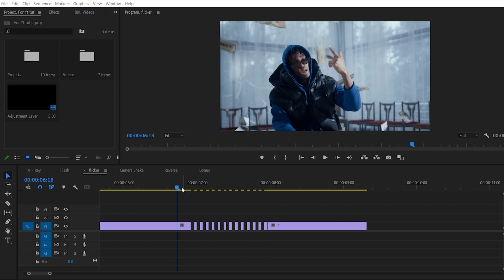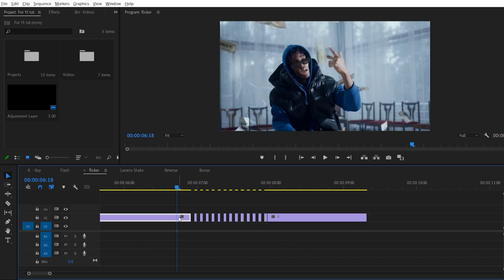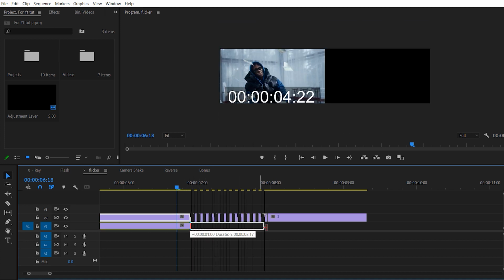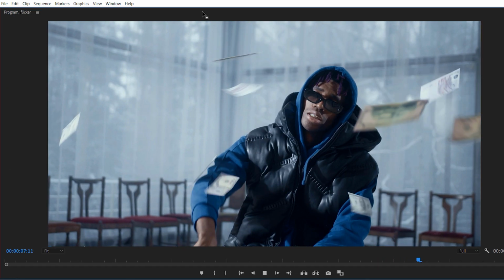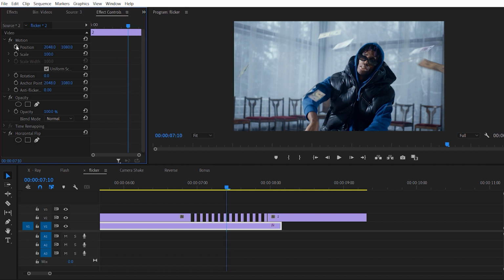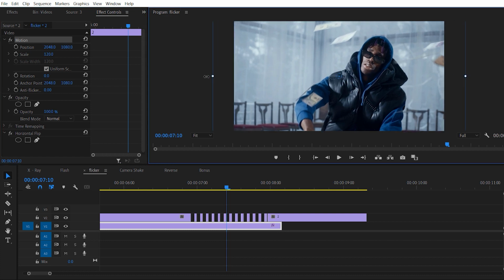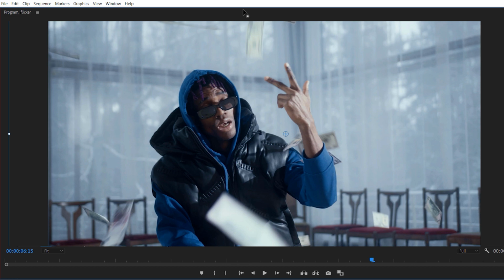If you want to make it more realistic, the other way is to select all of these layers, drag them above, hold Shift, copy this first layer and adjust it a little bit like that. Now go to effects, search for flip, and drag the horizontal flip onto the lower footage, and here is the preview we got after that. To make it more realistic, go to the effects control and select the position, make it a little bit larger like that, and you can position it according to your choice. And here is the final result we got after that.